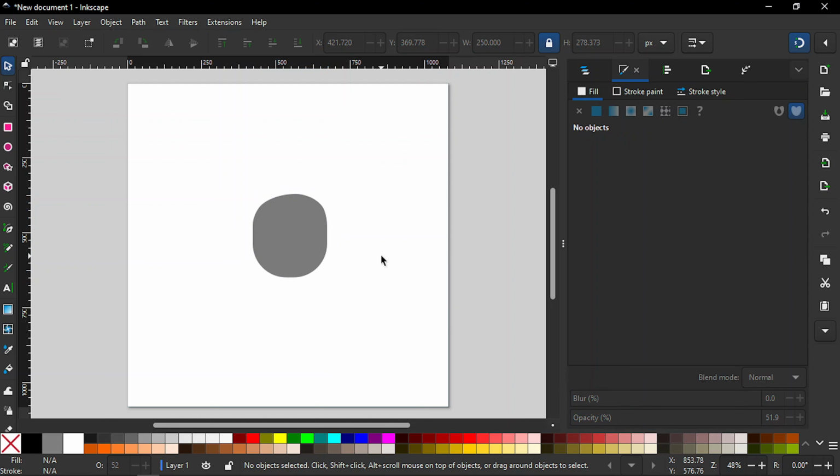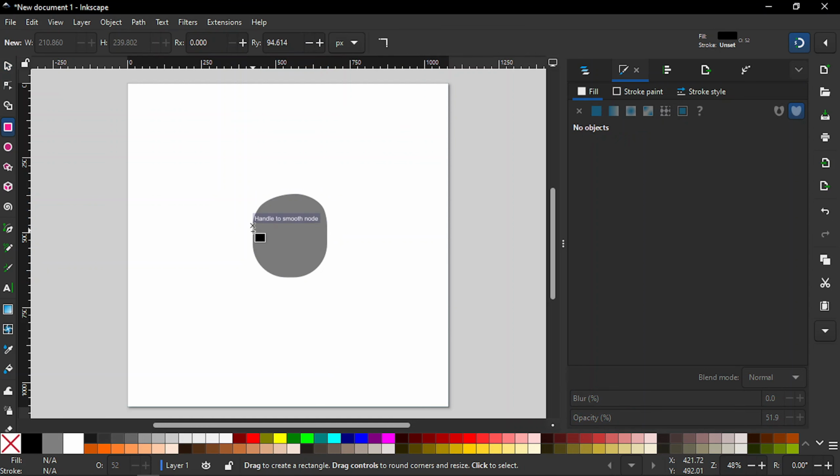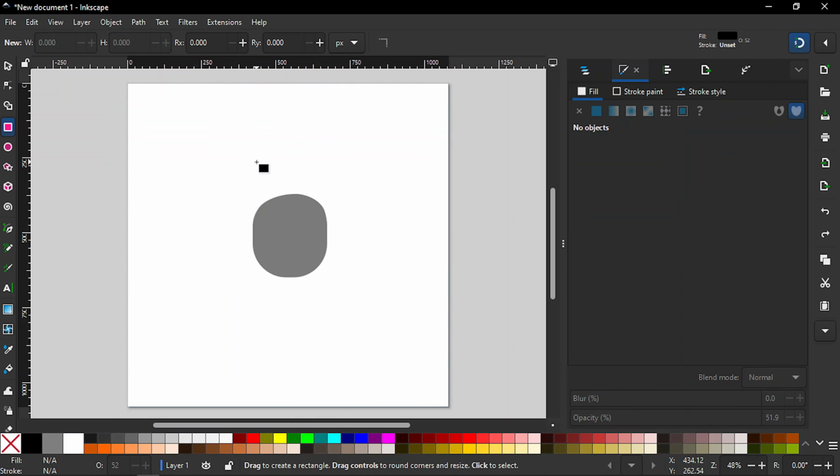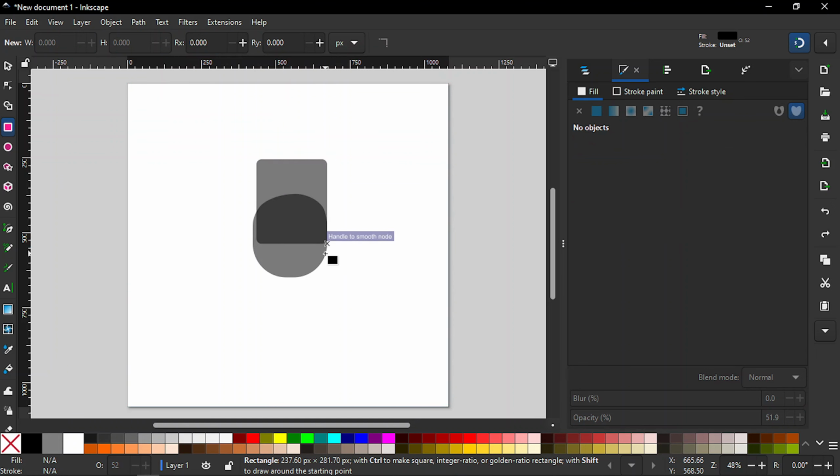So now if we go to rectangle tool and have another rectangle from there, or just have a rectangle,